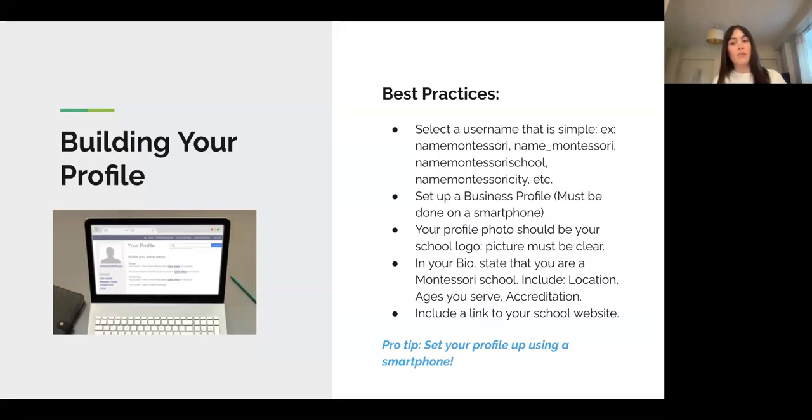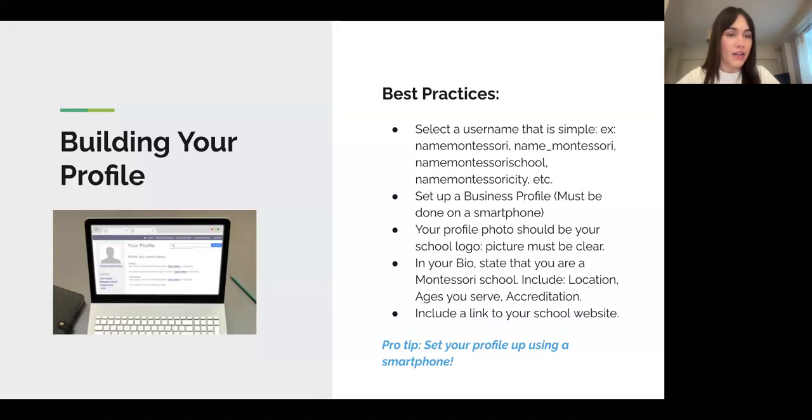It's very easy to set up. They make it as easy and seamless as possible to have a business profile set up. They'll ask you, is this a business or a private profile? And you click business. You can add in your phone number, your website, and what kind of business you are. Now they do have the option that you can identify yourself as a school. So it's great. You can set that up very easily. And I recommend doing that.